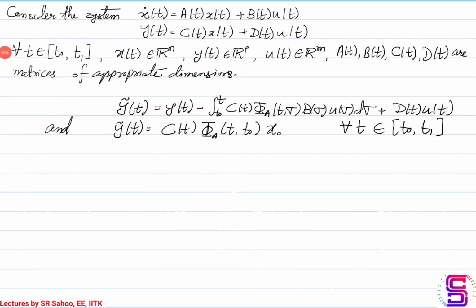In this lecture, we'll continue our discussion on observability and constructibility, and we'll see what the observability and the constructibility gramians are. We'll consider the linear system shown here. We'll first discuss the observability gramian. So for that, please recall